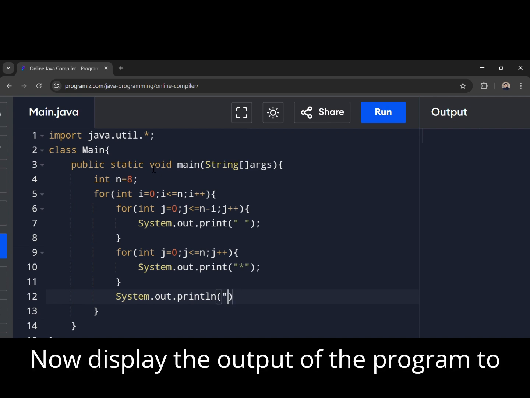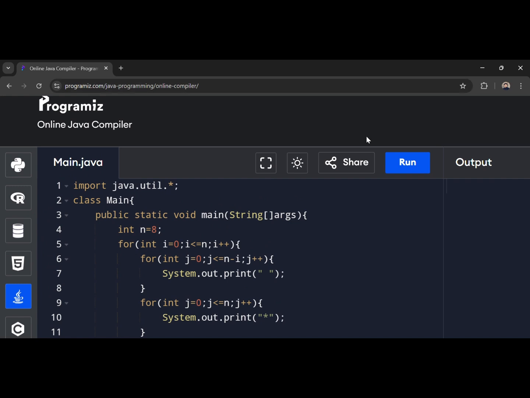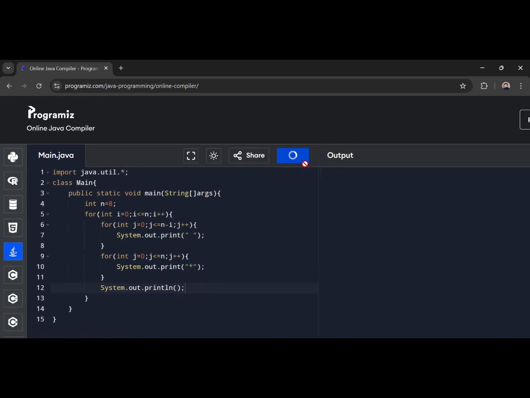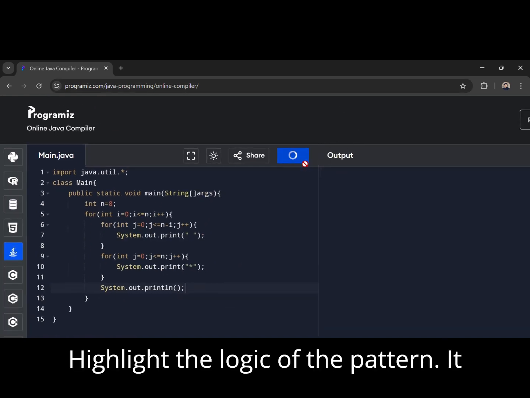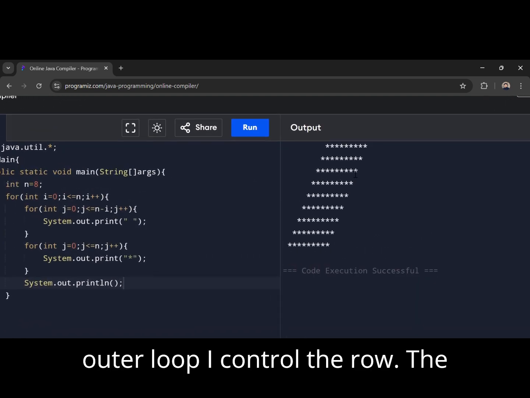Now display the output of the program to help visualize the pattern. Highlight the logic of the pattern. The outer loop i controls the row. The first in